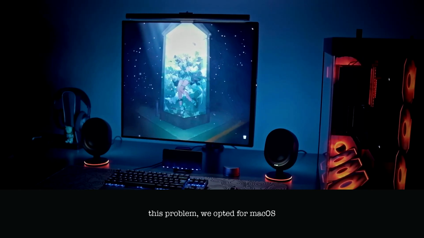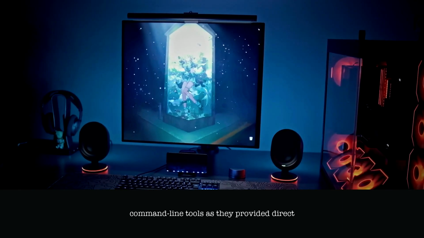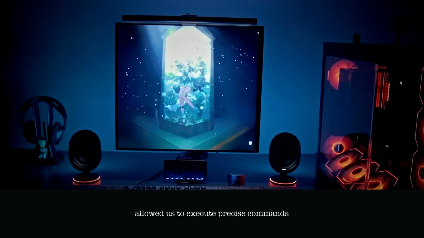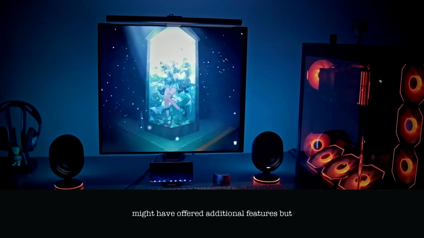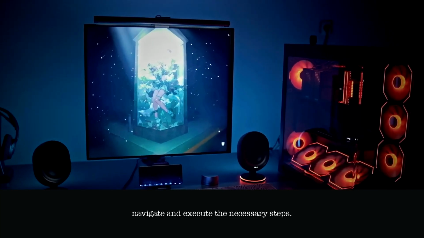When selecting the tools to tackle this problem, we opted for macOS command line tools, as they provided direct access to the affected file system and allowed us to execute precise commands swiftly. Alternatives like third-party GUI tools might have offered additional features, but would have taken more time to navigate and execute